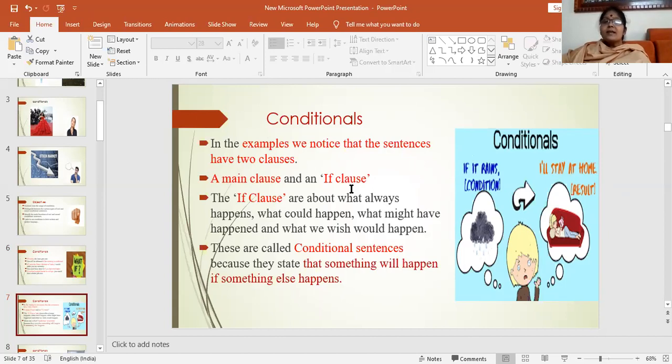So what do we understand? That conditionals have two clauses, one main clause and the other an if clause, right? And the if clause is all about what always happens, what could happen, what might have happened, and what we wish would have happened, right? And so these are called conditional sentences because they state that something will happen if something else happens, right? A beautiful example is that if it rains is a condition, the result is that I'll stay at home, right? Now,